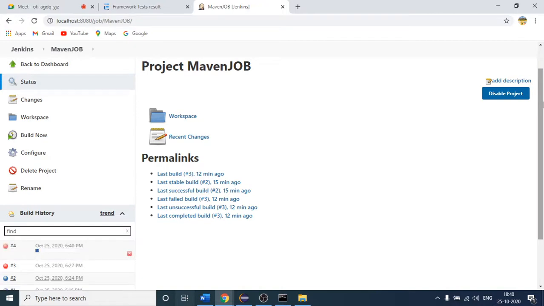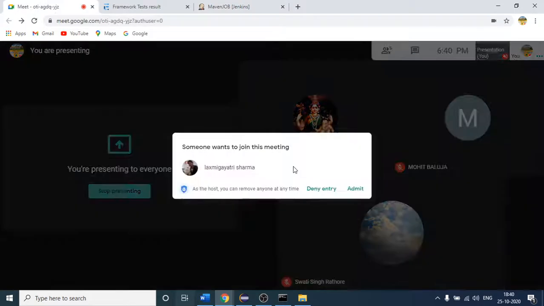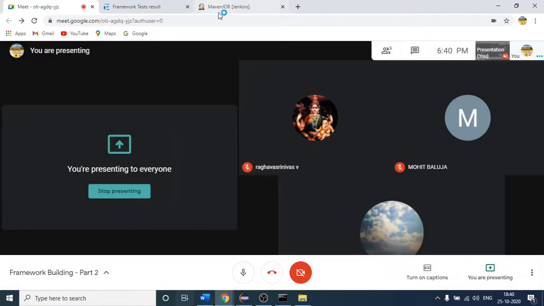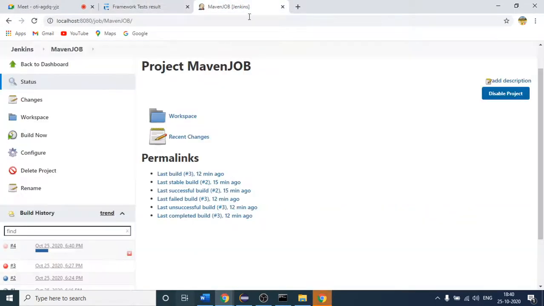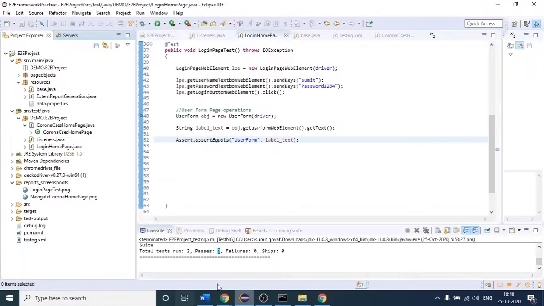So it has automatically triggered. You can see the fourth job. So you can see that the browser is triggered. So as of now, no report is present.